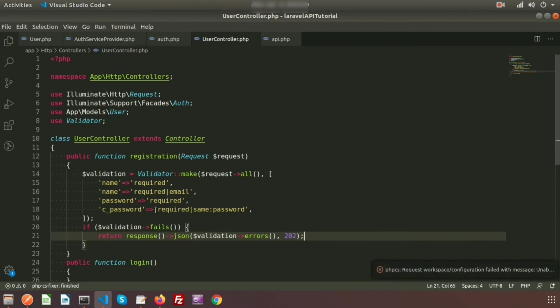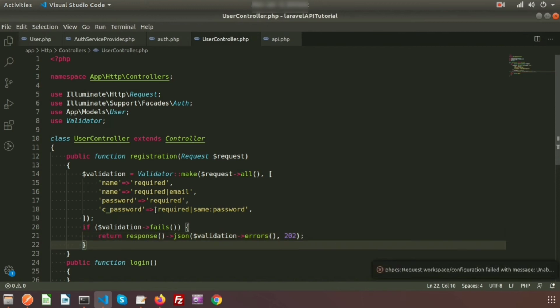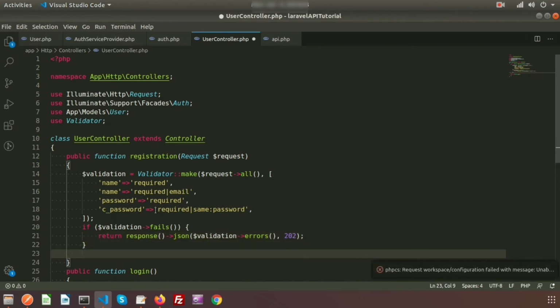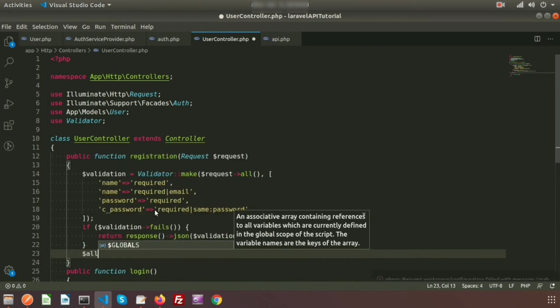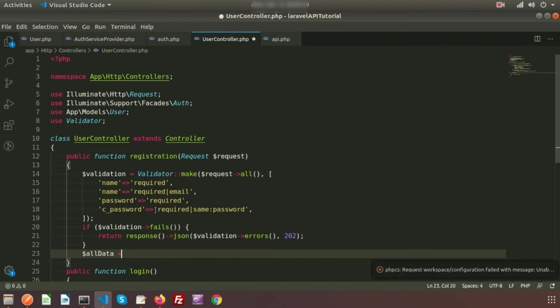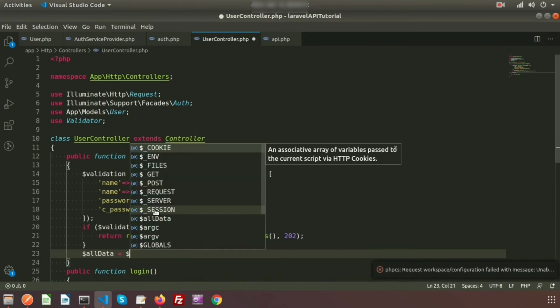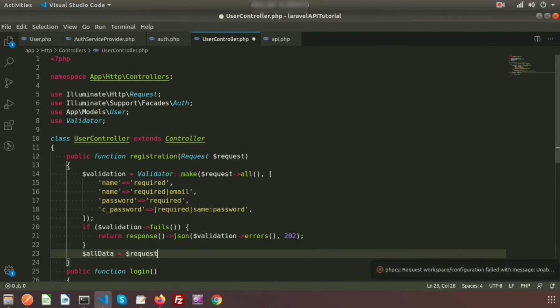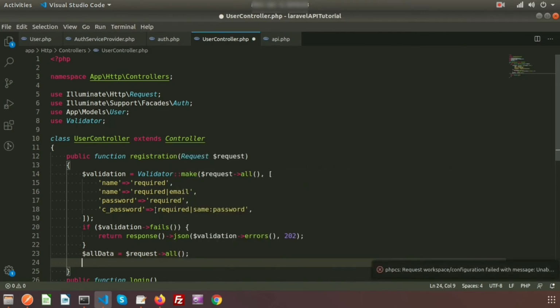Okay, and if all are okay, then we'll take this into the variable, that is all data. And we'll take all request, that is request all. After that we will insert into the user table. So basically we will use bcrypt encryption for password. So just use the all data